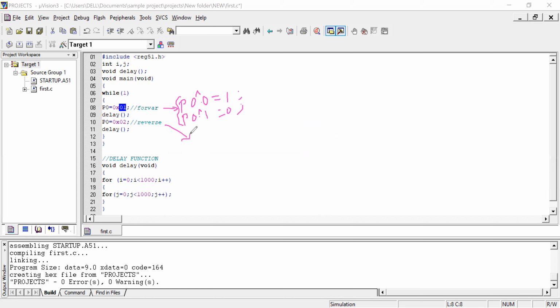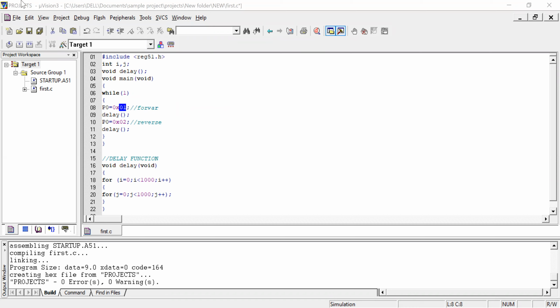For reverse direction, in a similar way, you can write P0.0 equal to 0 and P0.1 equal to 1. This is 8-bit operation and this is single bit operation, but both are the same. You can follow either. So we are going to rotate the motor in forward direction and also reverse direction.